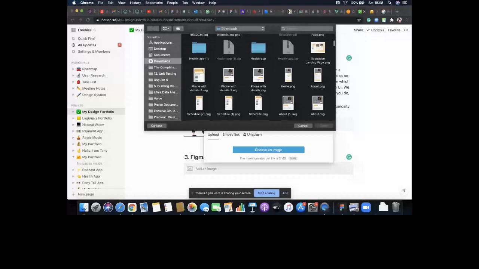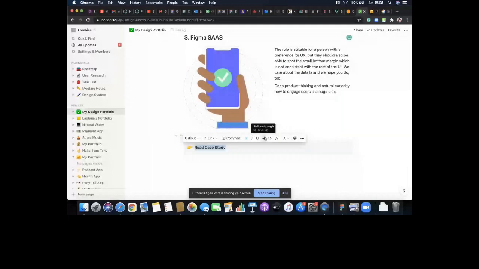drag it to the end, drop it there. As many as you want, drag it, drop it there. Create your block or your call out rather, and type read case study. As always, you want them to read it, so underline it and change the color. Good. And you can as well drag and drop. So we've designed, we have 1, 2, 3. This is just another way to do it.